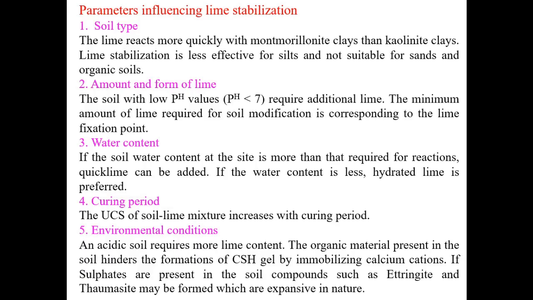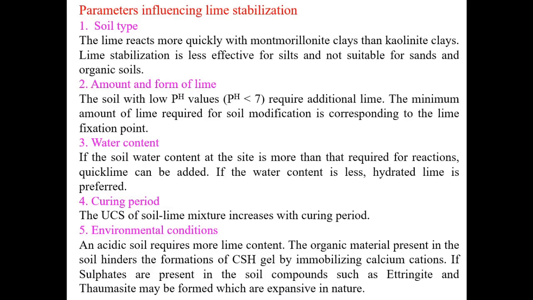The second parameter is amount and form of lime. The soil with low pH values, that is pH value less than 7, requires additional lime to neutralize the acid. The minimum amount of lime required for soil modification is corresponding to the lime fixation point, that is to improve